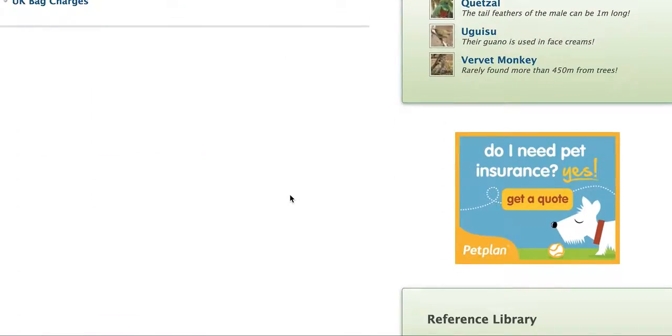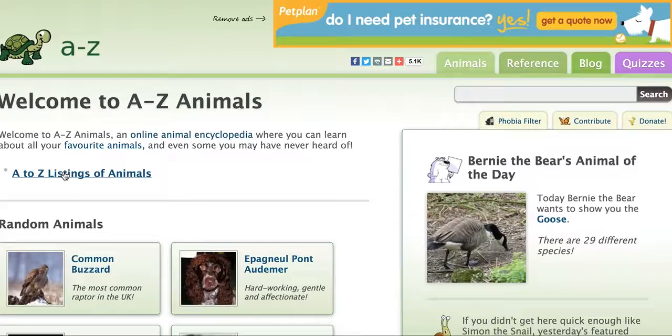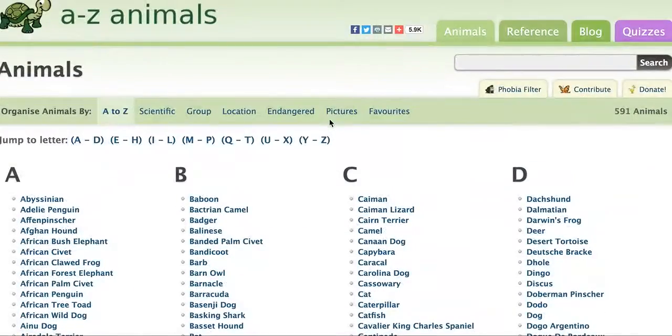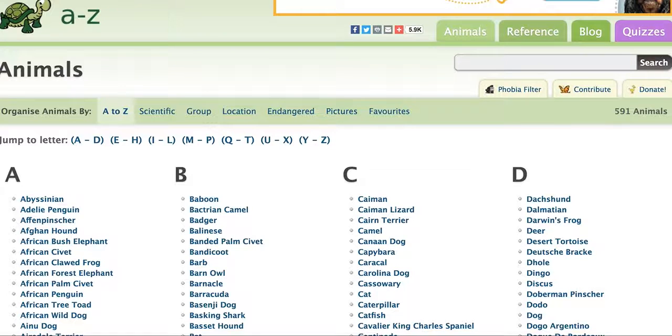This is a great site to use because it has many, many different animals. It's called A to Z Animals, and if you click the link, it'll actually take you to pretty much all of the animals. So use that. You can choose something that you're very interested in, or you could choose something that's more obscure or relatively unknown. Just make sure that there's enough information for you to actually